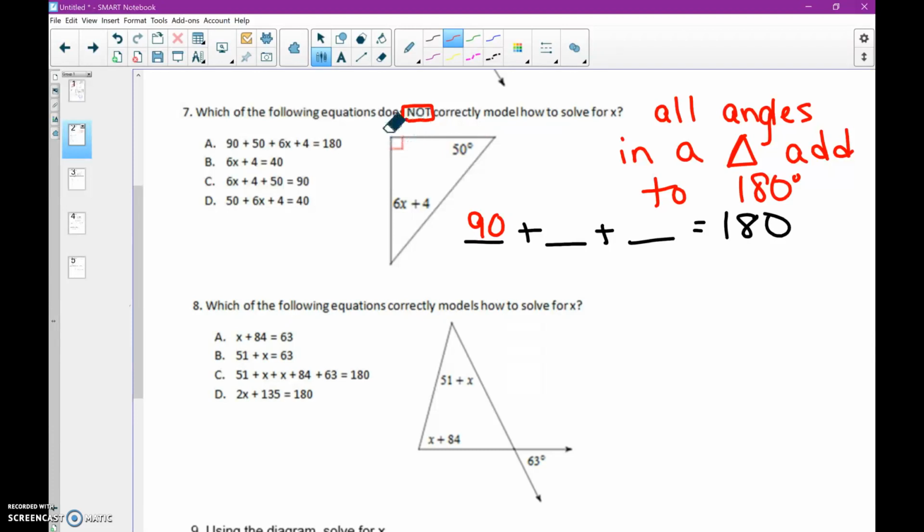So this is 90. Remember that box does mean 90 degrees. We've got a 50 and then a 6x plus 4. So check your equations. Which one of those actually fits this one? Well, option A is exactly that equation. So that one can't be the answer because we're looking for which one does not correctly model how to solve